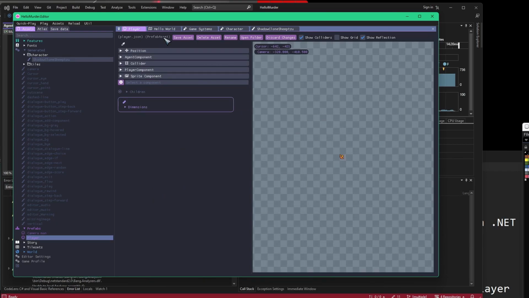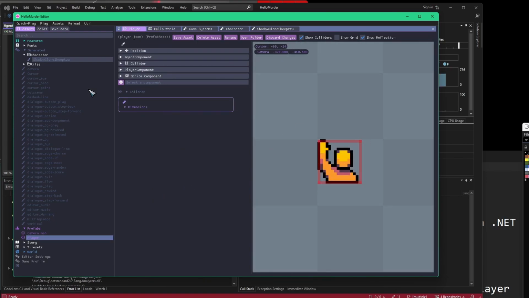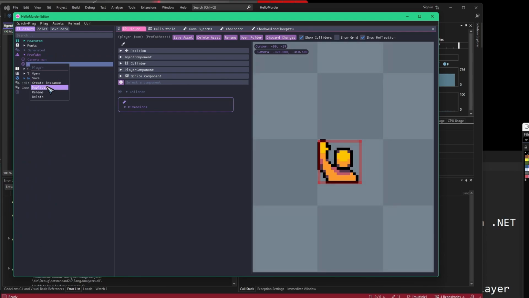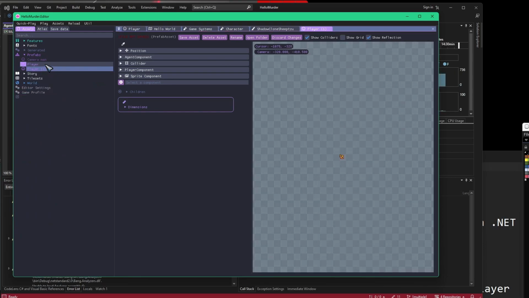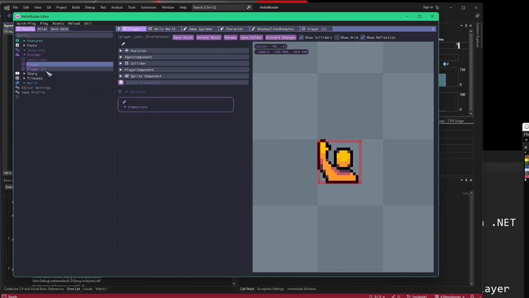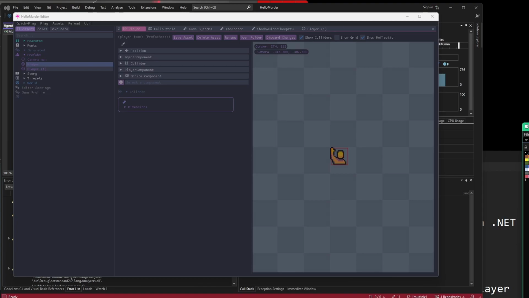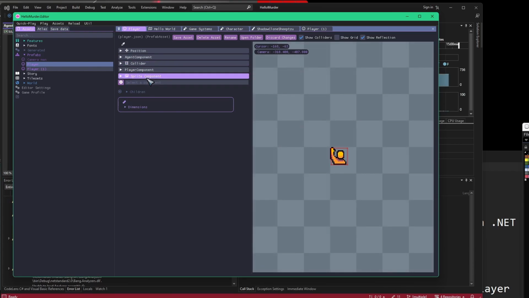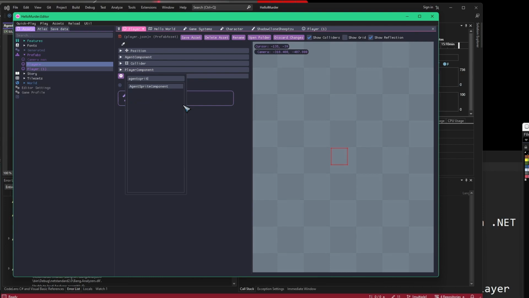But now the interesting thing is, if we want to muck about with our player, one thing I'll do here is I will right-click duplicate on the player. So we'll have our original player here. I got to save this asset, because even though I just created it, it's not automatically saved. And then in this player, I can actually start to add the animations in. And there's a couple ways to do that as well. The way that Phyto does it is to add an agent sprite component. So we have an agent component, and we have a sprite component. If we say got rid of the sprite component, we can add an agent sprite component,